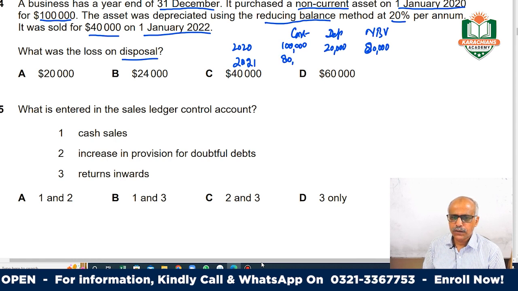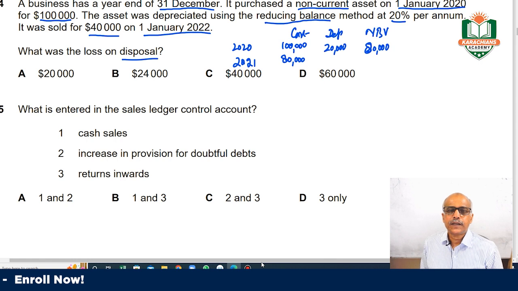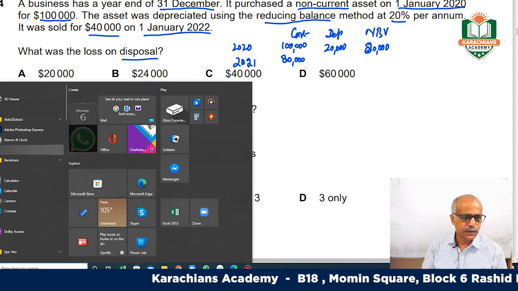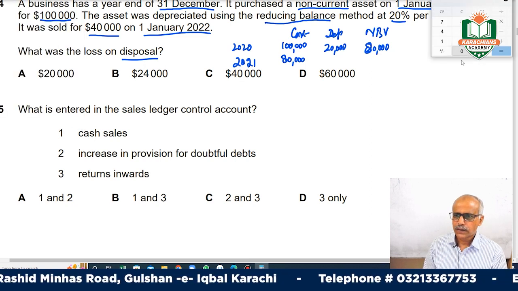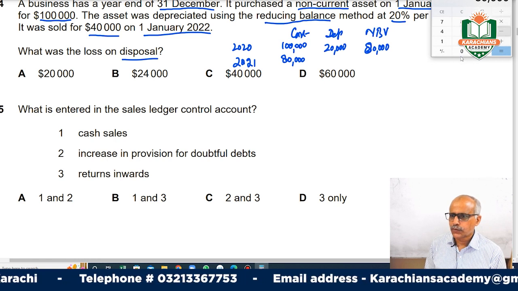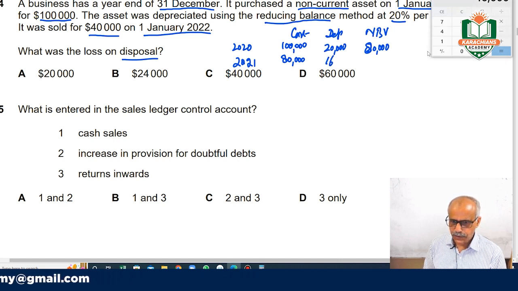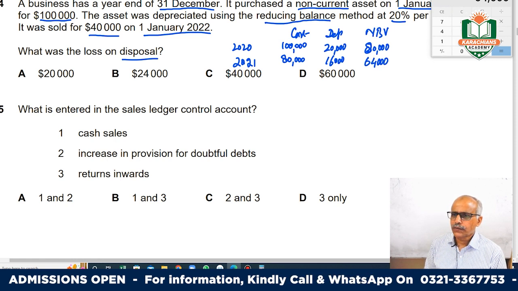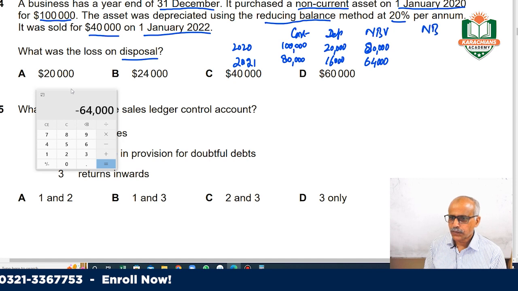your depreciable cost on which you will apply the depreciation, because it is the reducing balance method, so every year you have to pick the net book value, 80,000, and you work out how much would be depreciation on 80,000. 16,000 will be your depreciation in the next year, and if you deduct 16,000 from 80,000, it is 64,000, so your net book value at the end of the year is